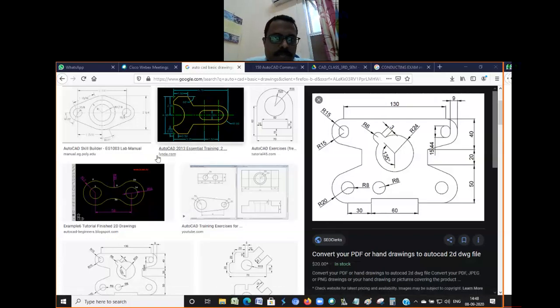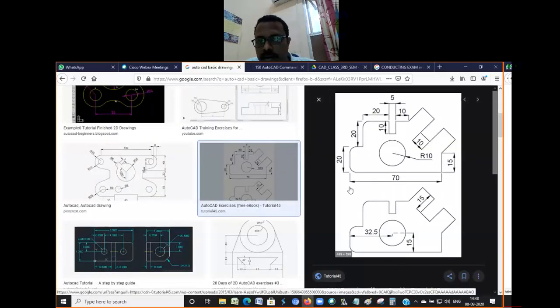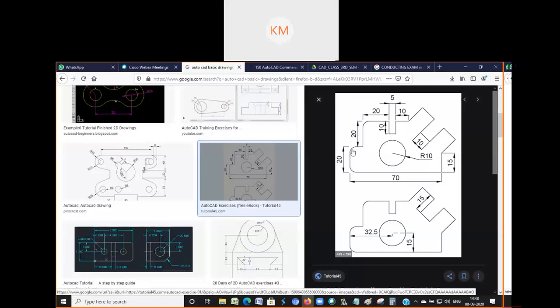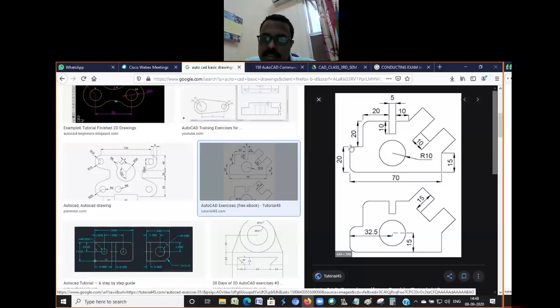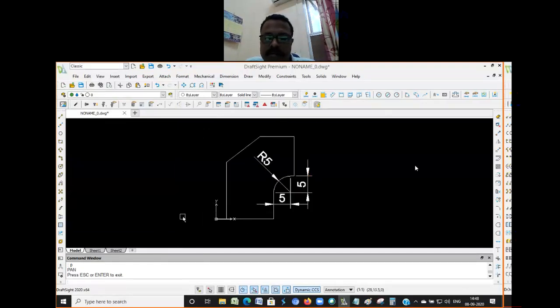Or maybe a better example of fillet, where can I show you? Look at this drawing. This edge, can you see this edge? Yes, sir. So this edge was initially a straight line from this side, a straight line from that side, and then the person is using a fillet command in order to round off these edges. Okay, so similar example is here. Similar to fillet, we have another command which is known as